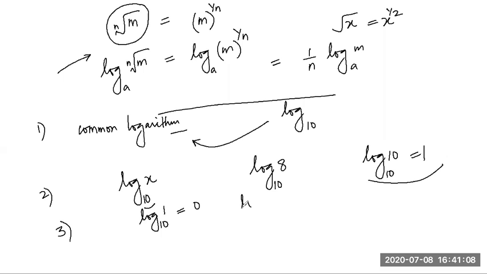Perfect. Now instead of 1, I multiply by 10. Log of 10 to the base 10 is equal to 1. Now I again multiply by 10. Log of 100 to the base 10 is equal to 2. Similarly, students, log of